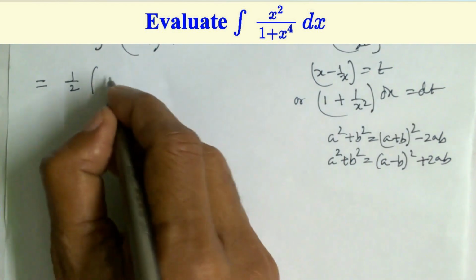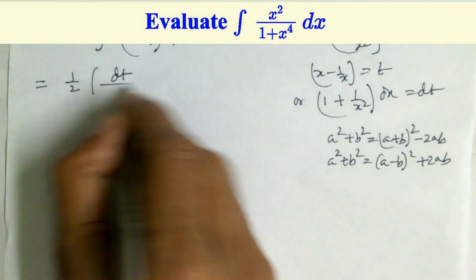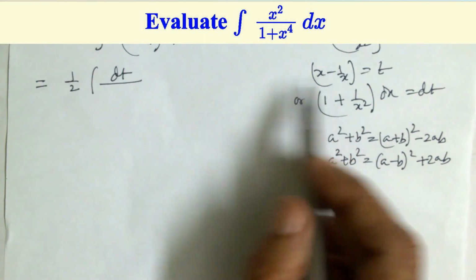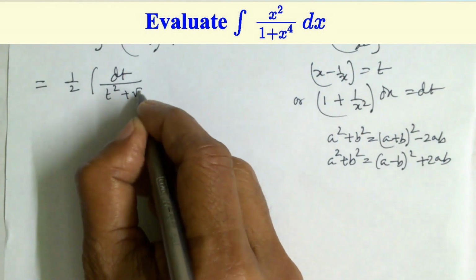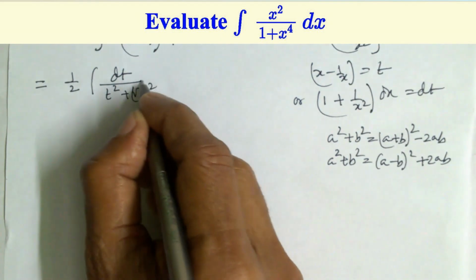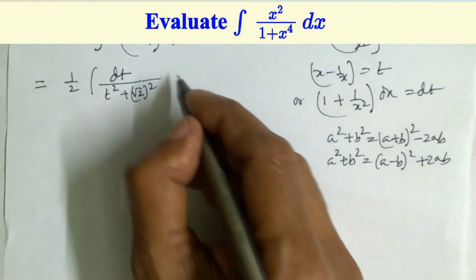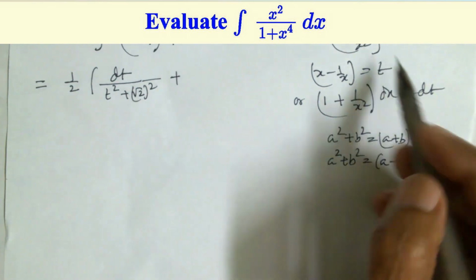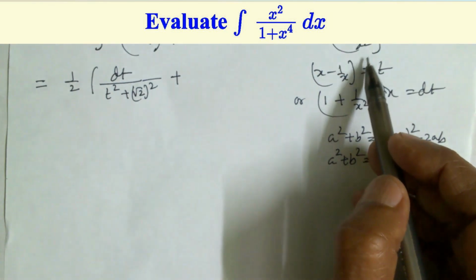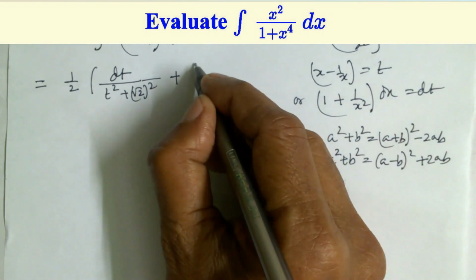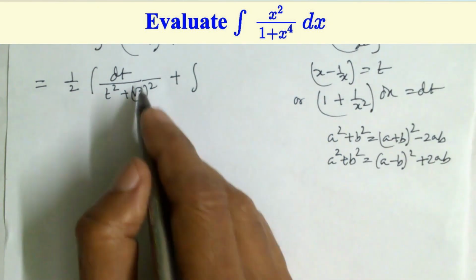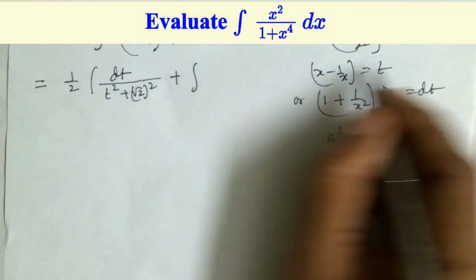Therefore numerator dt, denominator t square plus 2. Now writing root 2 that of square, because next we will use the formula, plus 1 minus 1 by x square dx, dt. dx is equal to dt. So integration, breaking into two parts, dt